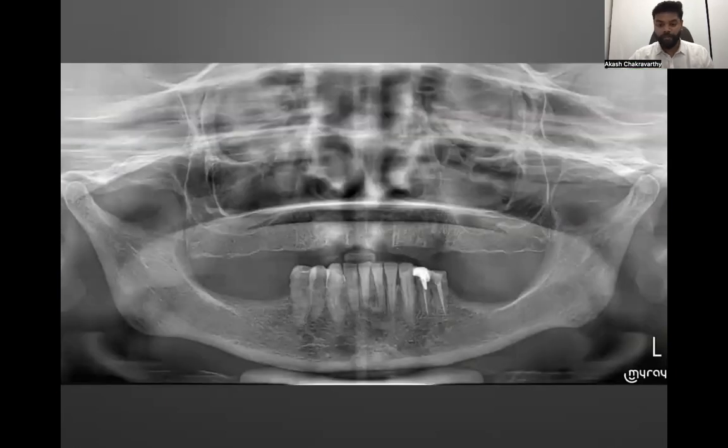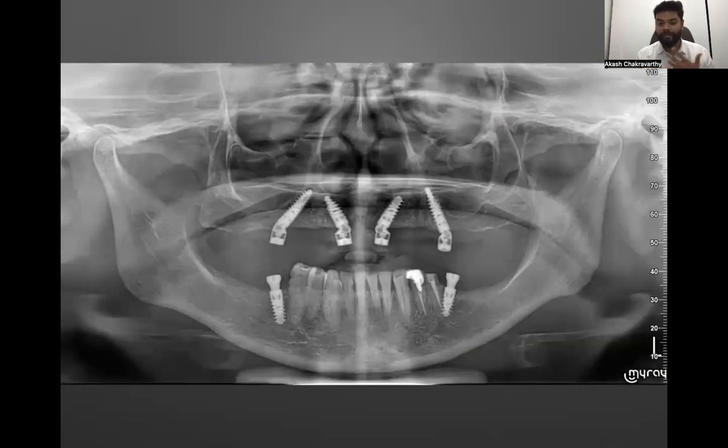Okay, so another case where she had walked in without any teeth in the upper jaw. If you can see, the bone density is very, very less. It's extremely low density. I could literally take my periosteal elevator and puncture the bone inside. For this case, I remember very well, we had to densify the bone and place the implants like this. So this was the prosthesis given to the patient.